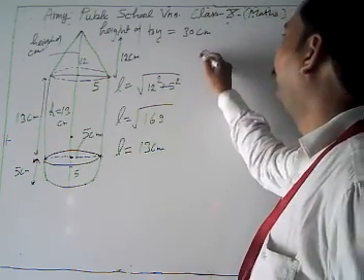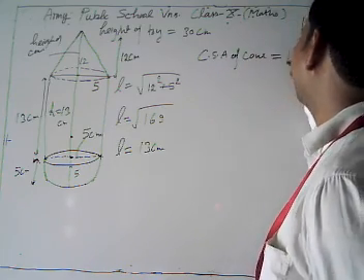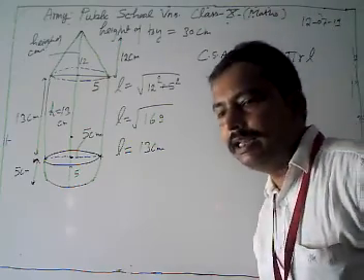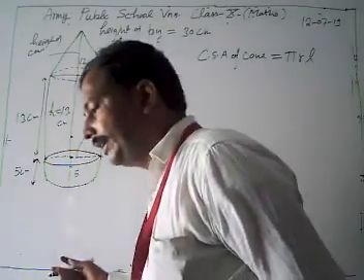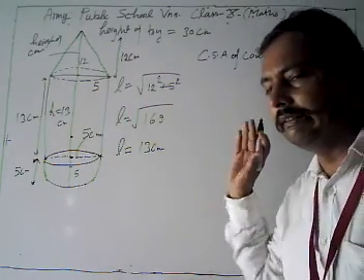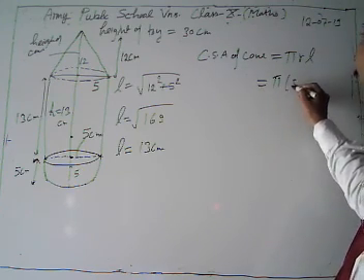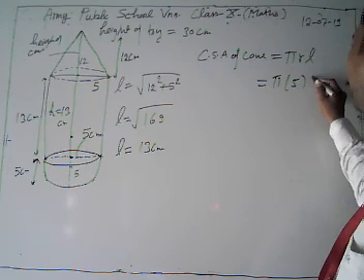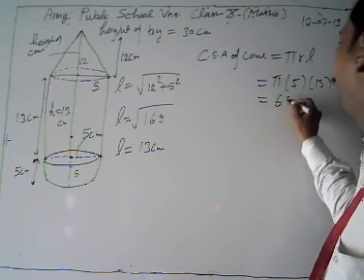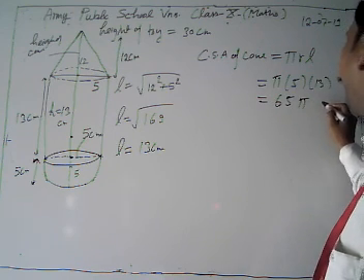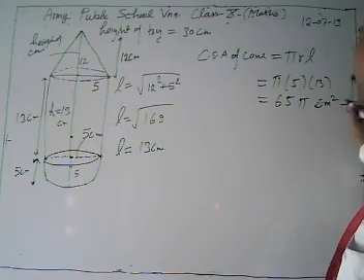Now we are going to find the curved surface area of our cone, which is given by pi r l. The value of pi is not given there, so I'm going to take 22 by 7 in the last step. For now, just write it in the form of pi. Our r is 5 and our l is 13. 13 fives are 65. So the CSA of the cone is 65 pi centimeter square.